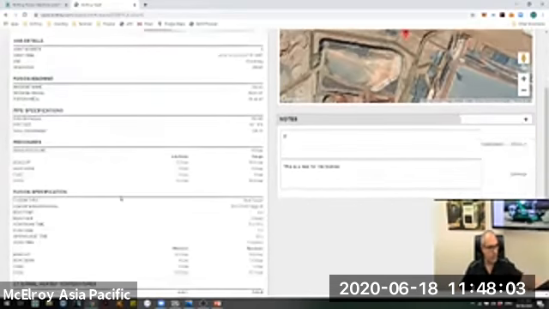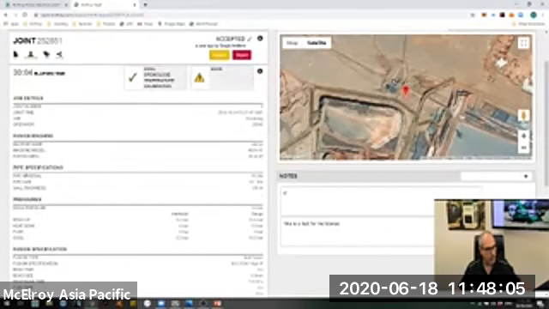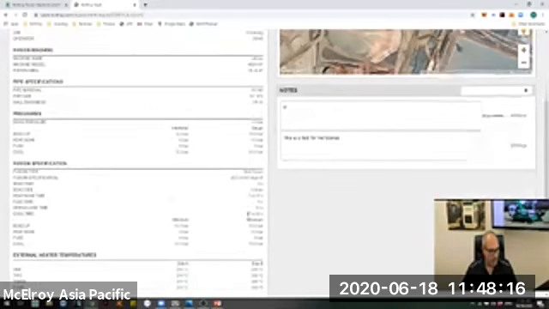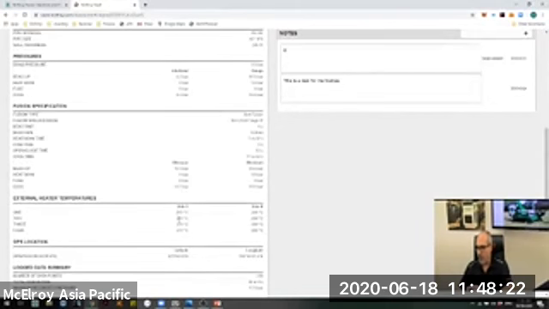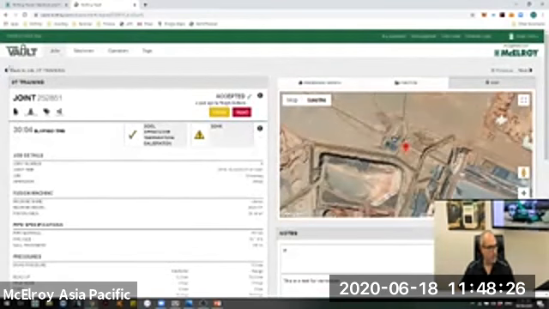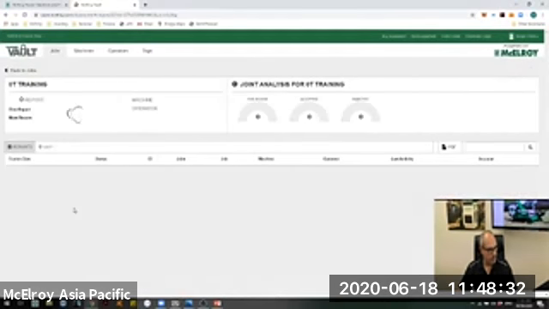We can also see the job summary, which has all the information about that weld: the job name, the machine number, the machine model, the operator, the welding standard that we used. So all of this is stored as part of that specific Datalogger report. So if we go back to that job, we can see